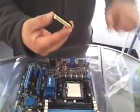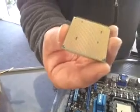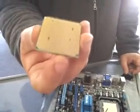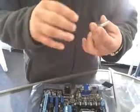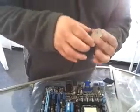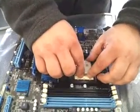Okay? On the bottom of the processor, you're going to have these itty bitty little pegs here. You can't get any of those pegs bent. You can't bend them at all. If you bend one of them, we got issues. And so basically, we're just going to match up the triangle to the triangle, and that's the easiest way to do it. And so with our handle up, we're going to set the processor on there, just nice and neat,